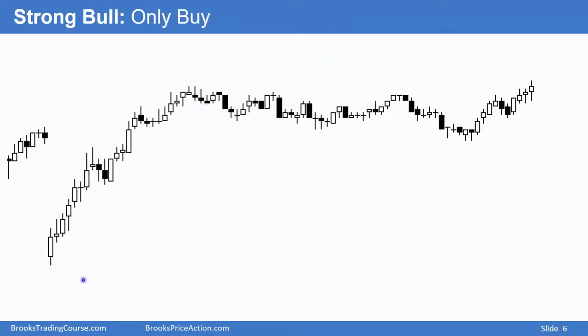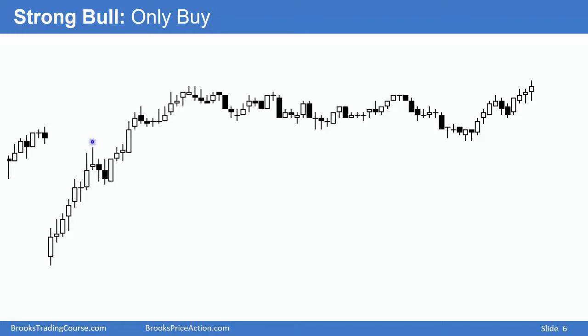Strong bull trend. About a 10-bar bull microchannel, another bull microchannel. What are the chances that this reversal is going to lead to an opposite trend or even a profitable trade? The same with here. How many bear bars have there been in the past 15 bars? Three, and they're all small bodies. And the bull channel is very tight. These are very low probability shorts,